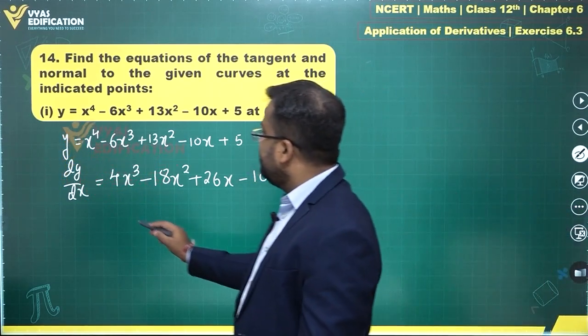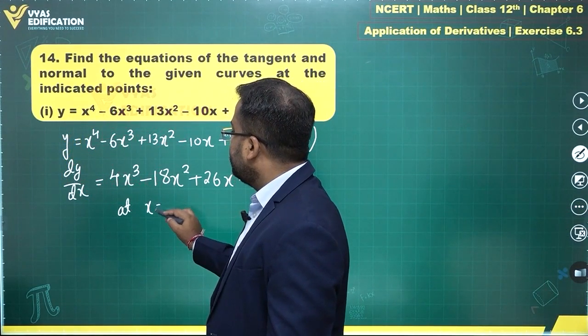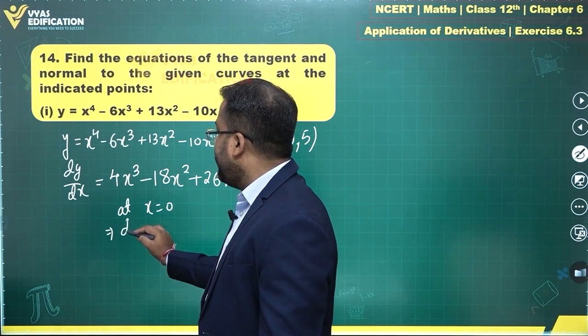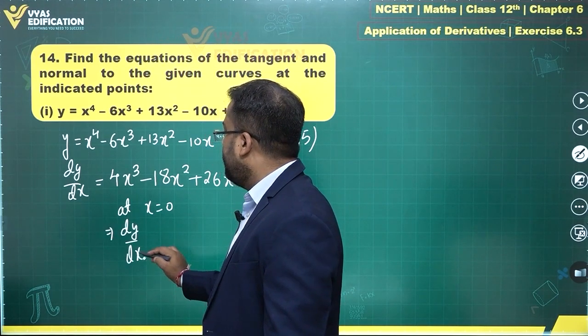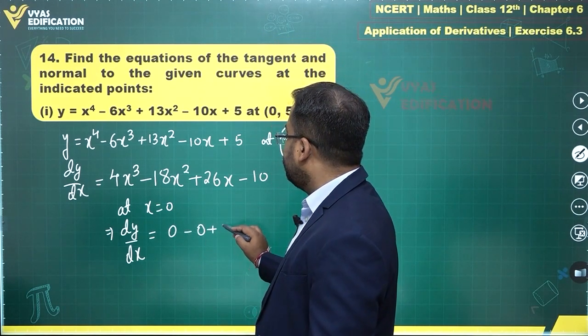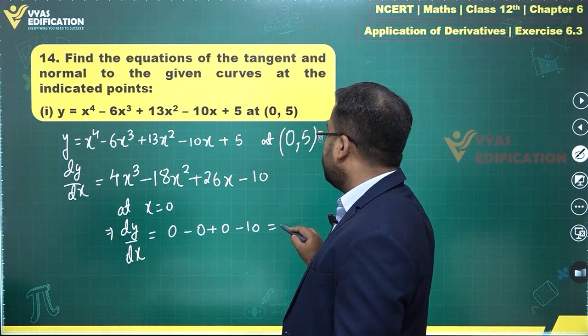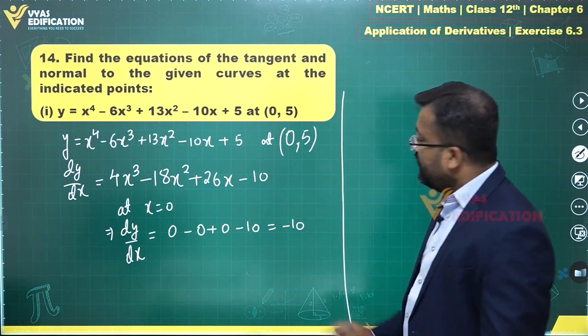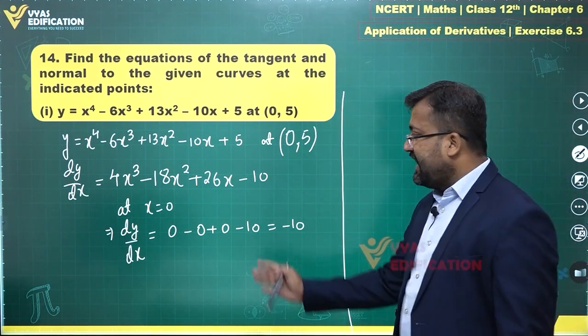So let's find it at 0, 5. At x equals 0, dy by dx will be equal to what? For x equal to 0, dy by dx will be 0 minus 0 plus 0 minus 10, which is actually minus 10. That's the slope of tangent. Therefore,